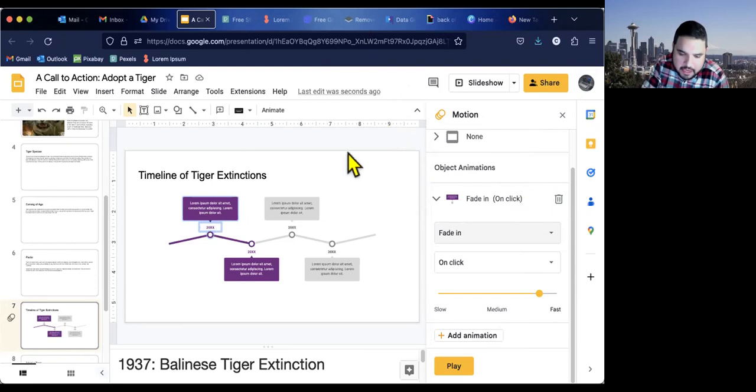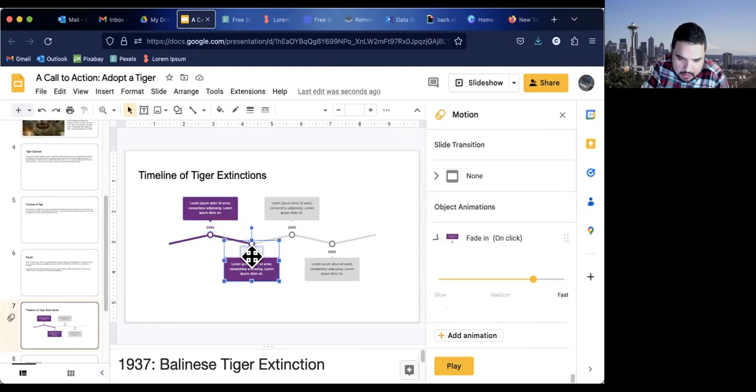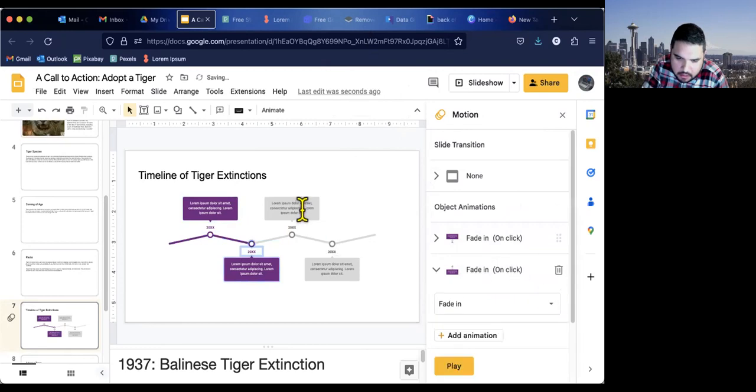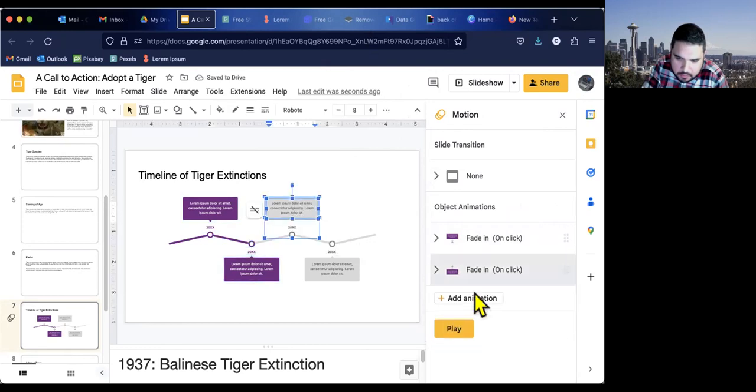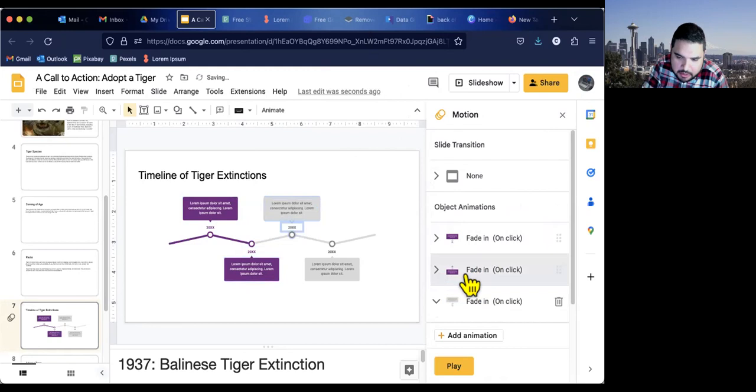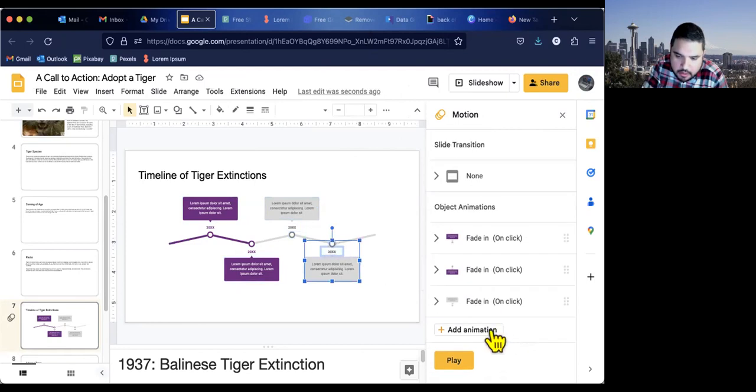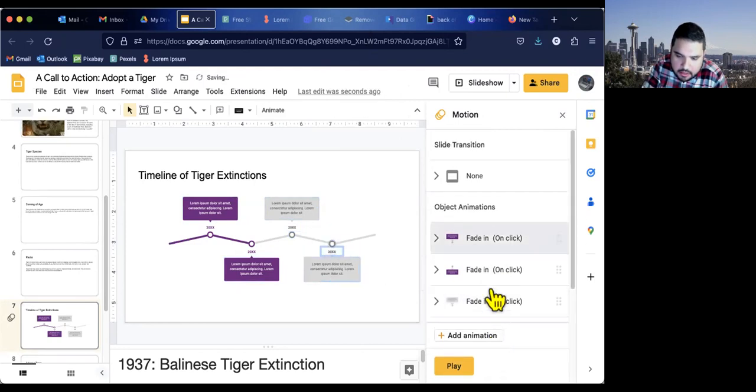So I'm just going to do fade in, and I'm going to choose the next one, add animation, fade in, add animation, and I'm not really doing much. Google Slides is already thinking I'm going to choose fade in, which is what I'm going to do. And that's it.